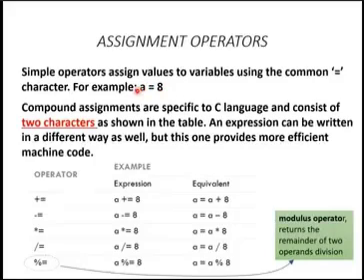Okay, this is the assignment operator. This is the typical example. Then we look at it in detail. So the assignment operator. We have four types of operator, starting with plus equal to, minus equal to, star equal to, slash equal to,